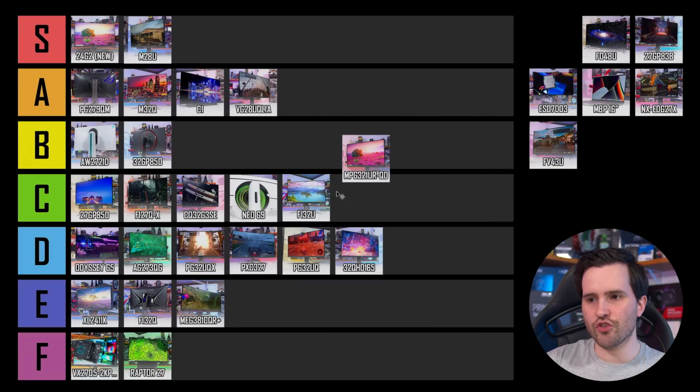But again, it's as slow as the PG32UQ. It really lacks the high performance in response times that you would expect from the high-end 4K monitors. This is a $900 to $1,000 monitor, so you really would expect it to be fast. Unfortunately, it's not though. It does have a KVM switch and full HDMI 2.1, but I think it is a